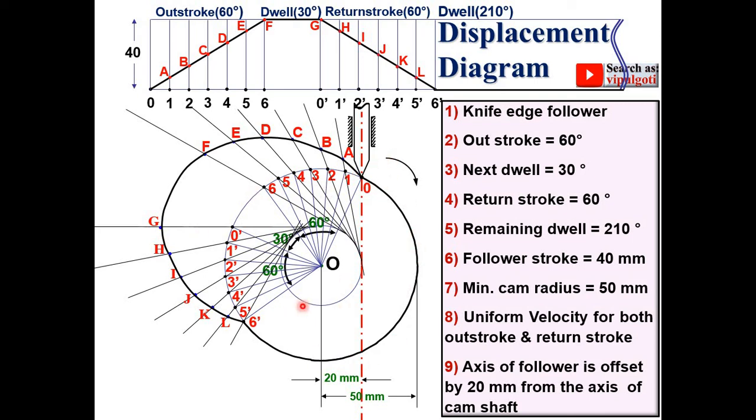So keep in mind that in the examination this cam profile only should be dark and all the remaining work should be light. So the very important point you should note down is that whenever there is an offset distance, you have to draw the offset circle and you have to transfer this distance on that particular line which is tangent to this offset circle.